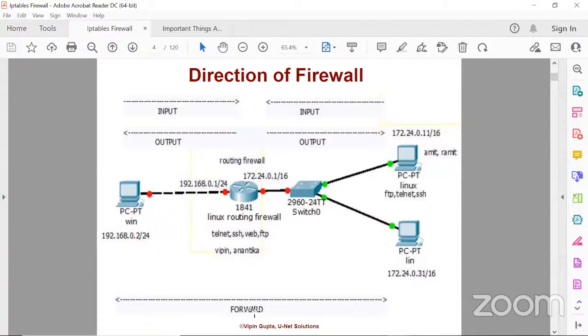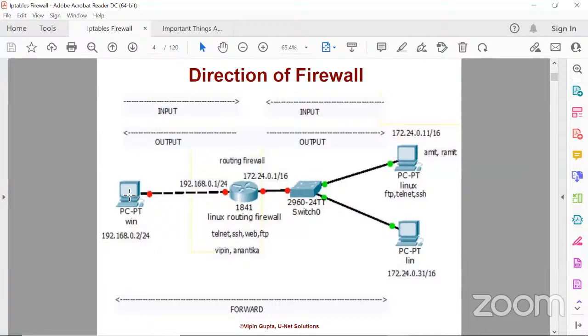Most of the time, we have seen organizations purchase a firewall, and by evening or by next day they just disable those firewalls, or they just put those firewalls in the store, because the admin is not able to properly understand the direction of the firewall. So here, when I want to stop the traffic from this to this direction, what chain do I have to use? I have to use the forward chain.